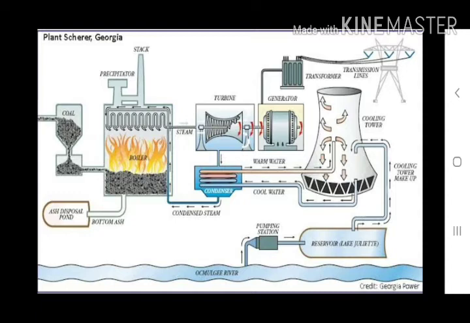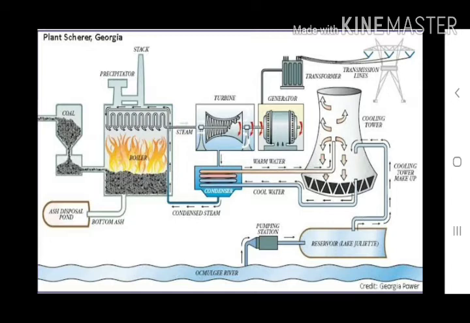So after that part, we are coming to the pipes which are in the top of the boiler. So how the water or steam is coming to the pipes? So let us discuss. One river is mentioned in this diagram. So from this river, the water is coming to the reservoir with the help of the pumping station. So this reservoir has sufficient amount of water. So with the help of this reservoir, the water is coming to the cooling tower, and this cooling tower has sufficient amount of water. And just below the turbine, one condenser we are using.